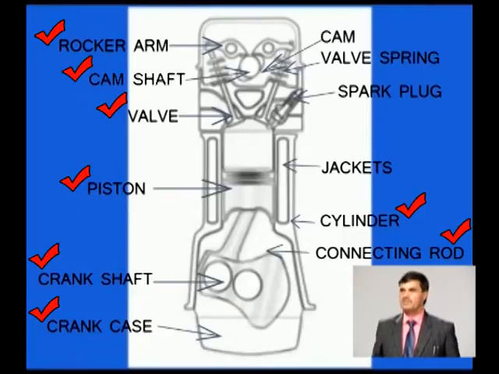The cylinder is housing the piston, and some jackets are also shown which are carrying the cooling water, which is maintaining a constant temperature inside the cylinder, because lubricating oil has to be on the cylinder walls. If the temperature becomes quite high, the temperature of the lubricating oil becomes quite high and it won't remain on the cylinder walls. Normally, the temperature of the cylinder wall is around 300 degrees Celsius, where the viscosity of the lubricating oil is sufficient and it won't flow much, otherwise it won't stick on the cylinder walls.